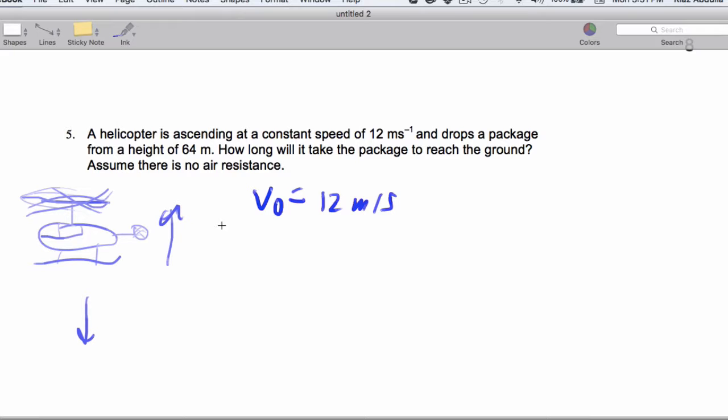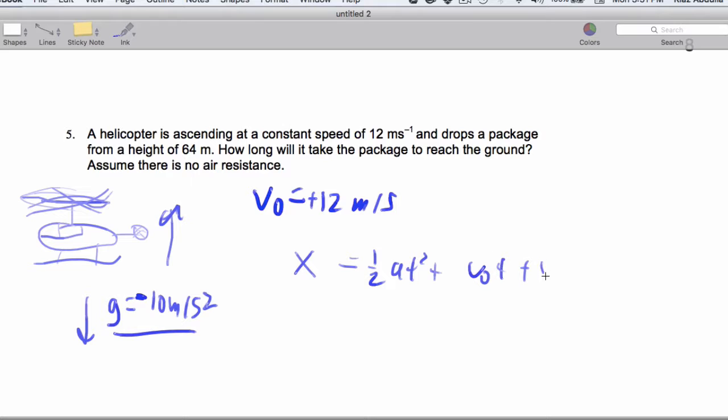And one thing we're going to say here is that since this is 12 meters per second upwards, we're going to say the acceleration of falling, I'm going to call that g, is 10 meters per second squared. I'm using this notation so that you get used to it in honors physics. So let's go ahead, and I'm going to make this negative 10 because it's falling. So x is negative 1/2 g t squared plus v naught t plus x naught. I'm going to use g here. So x is 1/2 times negative 10 times t squared plus 12 times t plus